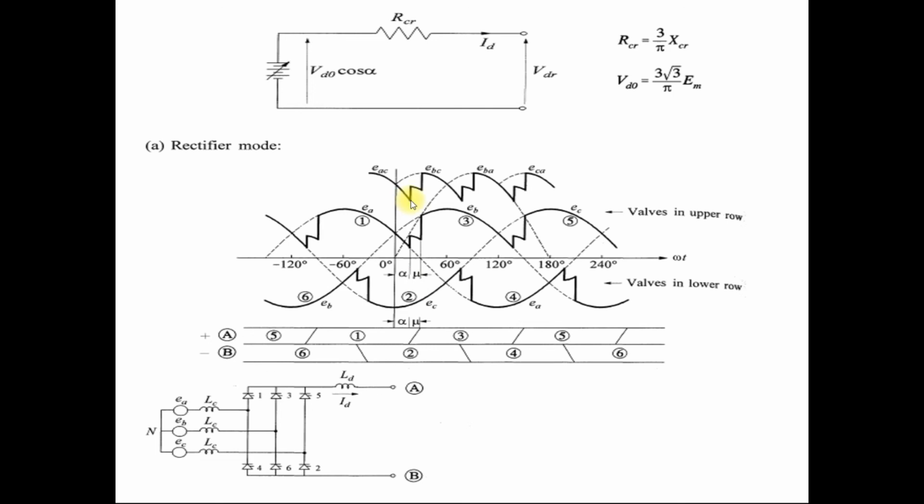So you can see that from this point you get this voltage EA plus EB by 2, but after that you get EBC voltage, because in the upper group only valve 3 is conducting and in the lower group valve 2 is conducting. So B minus C, EB minus EC, you get EBC. Same for the next 60 degrees. So every 60 degrees a new commutation happens. So you can draw the waveform of the 3-phase full wave converter in rectification mode with consideration of alpha as well as mu. And this is the conduction period of the valves, and this is the equivalent circuit of the converter.